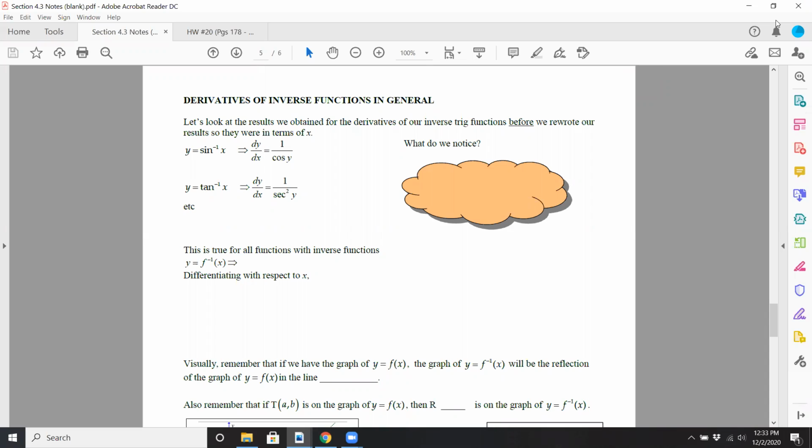So let's look at the results we obtained from derivatives of our inverse trig functions before we rewrote our results in terms of x. So remember we had